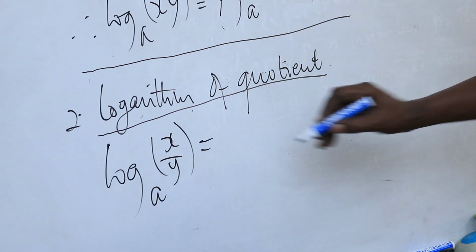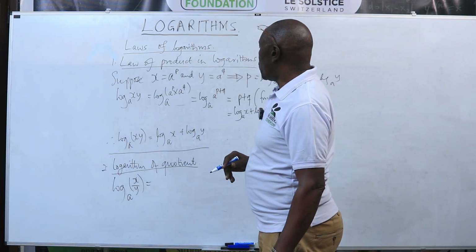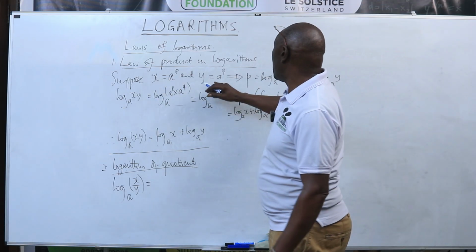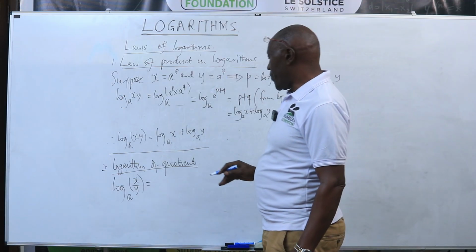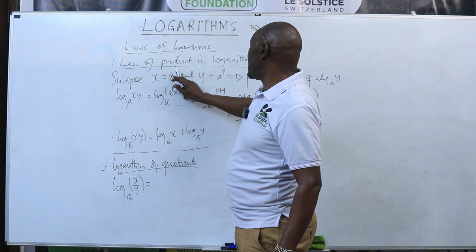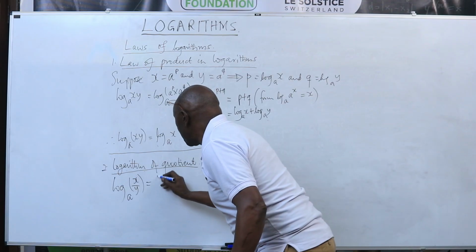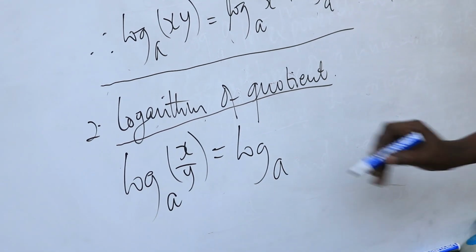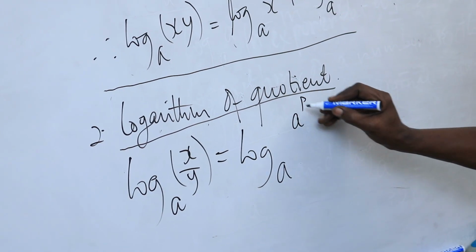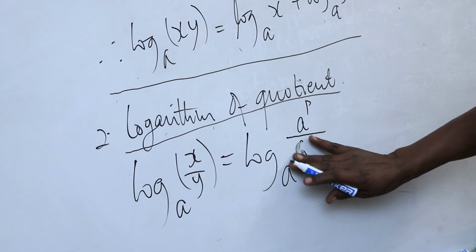Now, from step number 1 above, we saw what x was. x was a^p and y was a^q. So we can replace x and y by these two quantities, a exponent p and a exponent q. So this is the same as saying log a, instead of x, you write a exponent p divided by a exponent q,